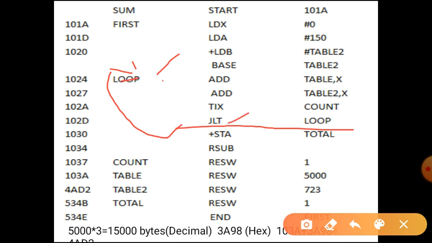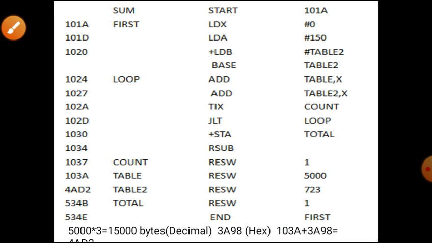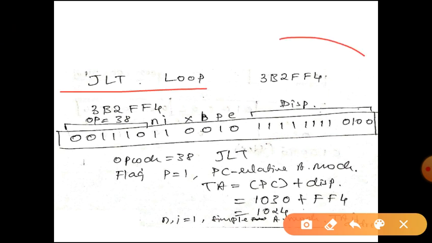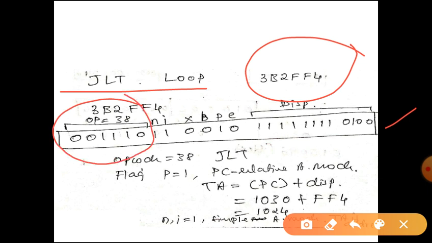Where is this instruction? It is at the address 1024. How will the processor jump to address 1024? How does it find out? Jump less than loop, and its object code is this, written now in binary. It is format 3, and these are the various fields. This is a 6-bit opcode, and 38 stands for jump less than. Then it checks what the flag bits are. It checks that P is set to 1. What does P set to 1 mean? It is assembled using